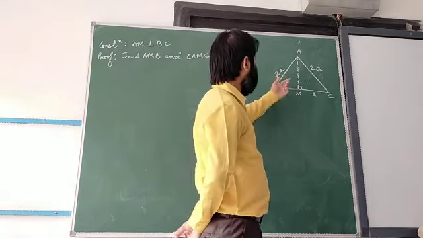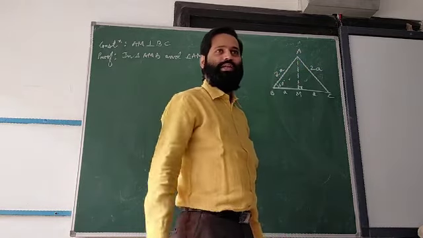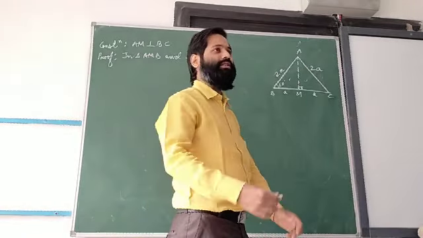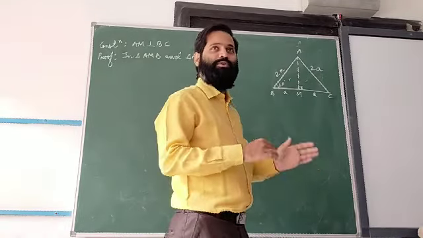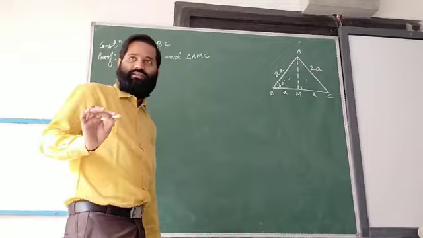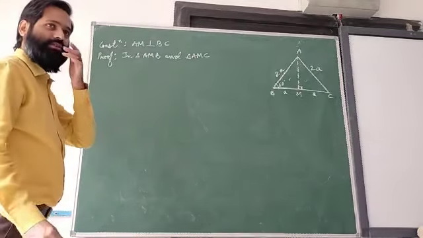You can think this way also: side, this angle and this angle are equal. Have we proved that these two angles are equal? We know that this is equal, but it is not proved, so you can't take that. Is it clear? So we will prove it by RHS, okay?